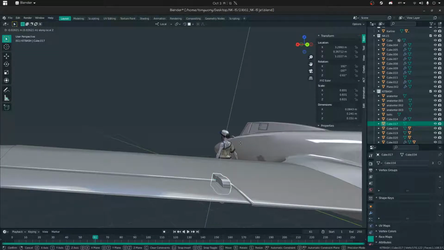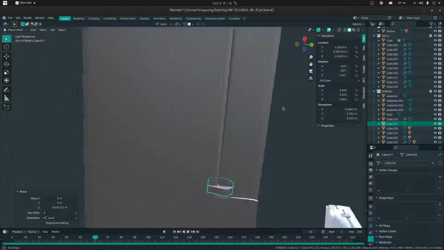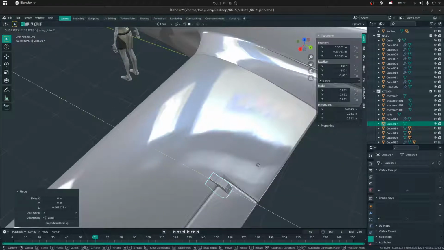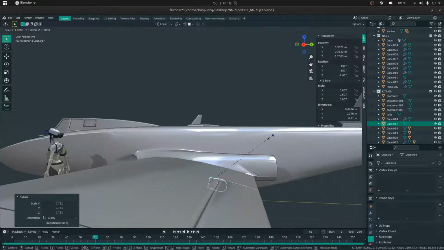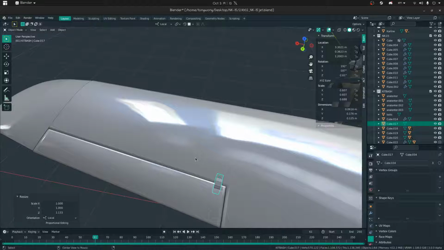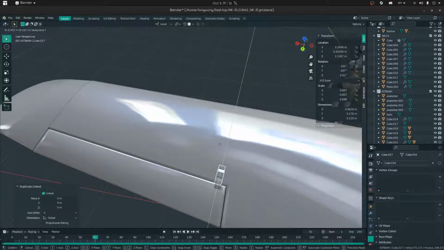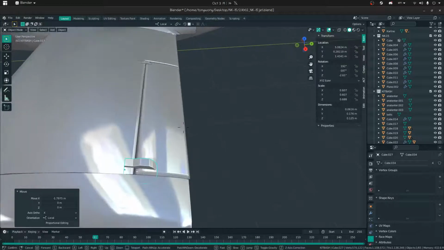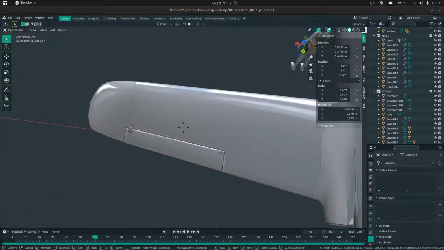Make sure I turn it off. And I'll move it up. I might scale it in a bit more, and I'll multiply it on the object Z. I Alt D it, G on the local X, just slide on there, and I'll just grab it to there. And I think